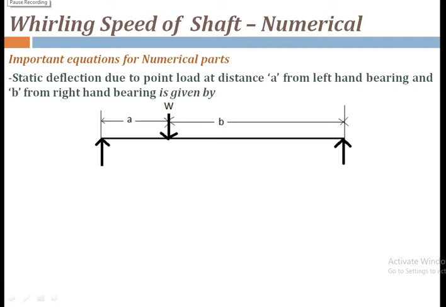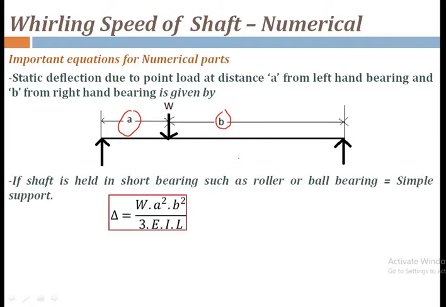Figure shows a shaft which is subjected to a point load W at a distance A from the left side bearing and distance B from right side bearing. Shaft is supported by the bearings. If shaft is held in a short bearing such as roller or ball bearing, then it is equivalent to simple